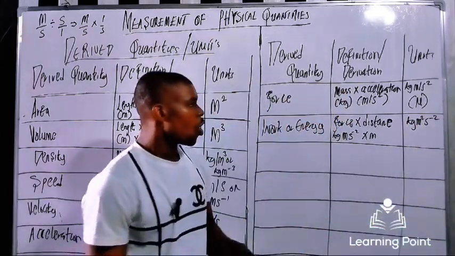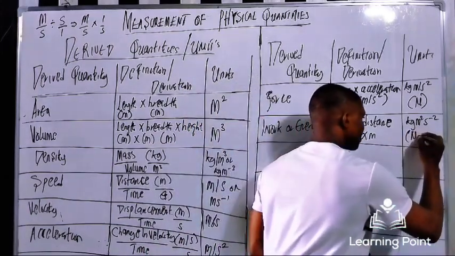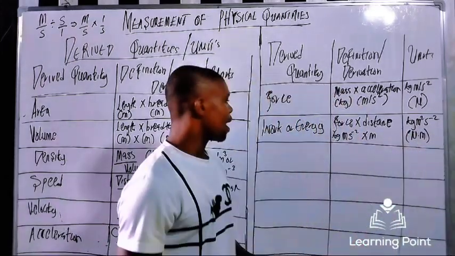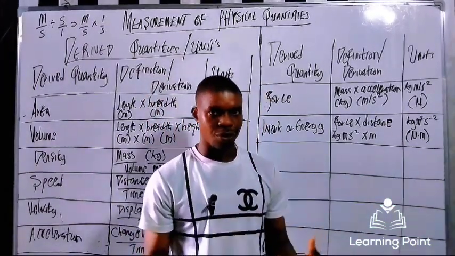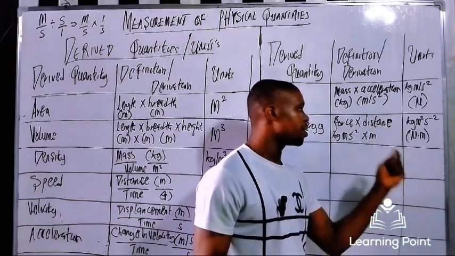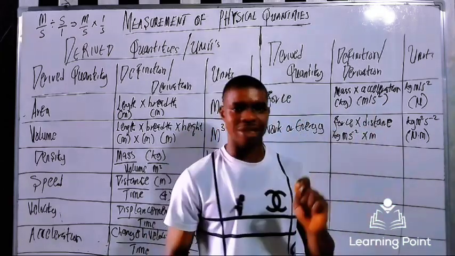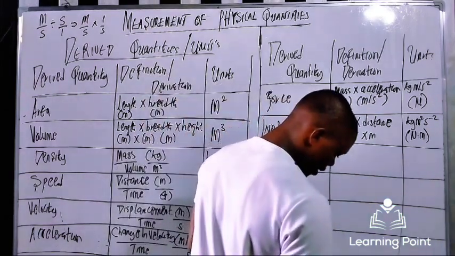This is that. Or you can say Newton times meter. So you can also say Newton meter, right there, which is also joules. So Newton meter is also the same as joules. Remember, the unit of work is measured in joules, and that joules is also the same as kg meter square per second square or Newton meter. Just that. The next thing I want to look at here,